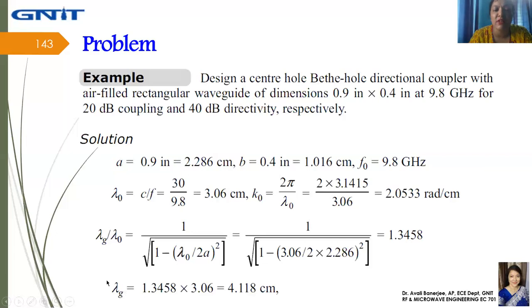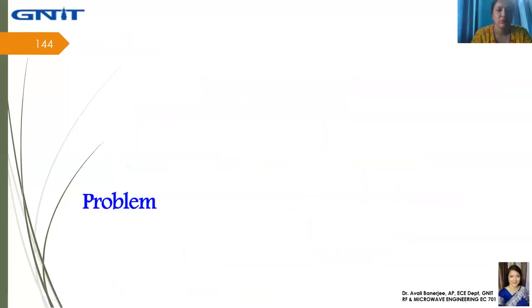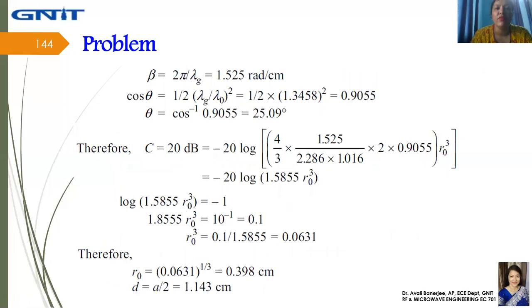Then we have calculated the value of lambda g, because we know lambda 0 is equal to 3.06. So ultimately we have obtained the value of lambda g as 4.118 centimeter. Now from there we have calculated beta, that is 2 pi by lambda g. Then we have calculated cos theta, that is half of (lambda g by lambda 0) square. So from there we have calculated the value of theta. Theta is obtained as